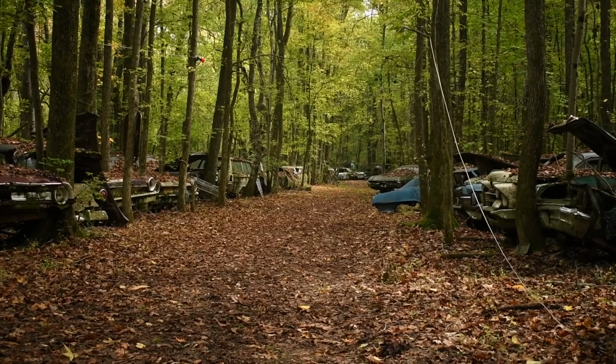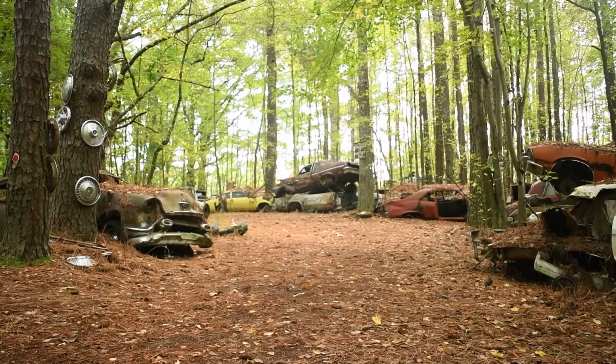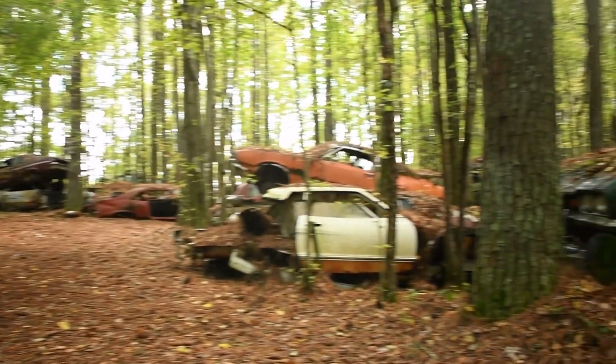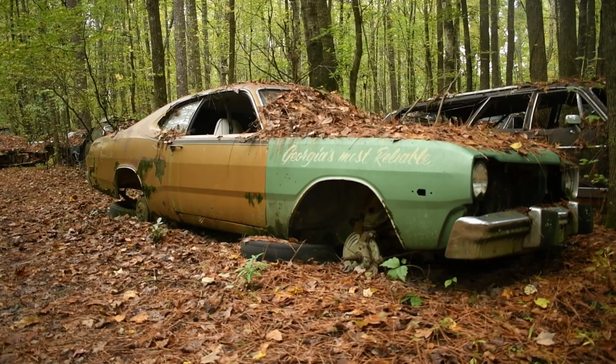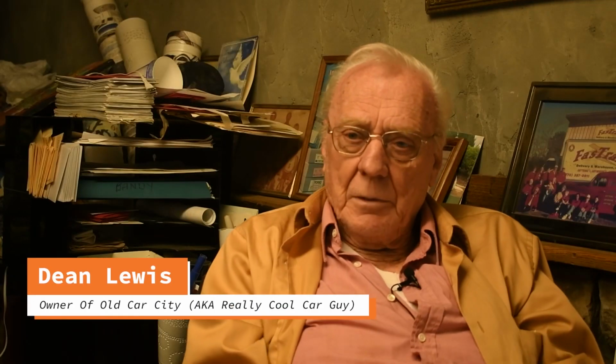Well, it's an old junkyard since 1931. My mother and daddy started it then, and several years later down the road, they quit selling the parts and started doing their store. And then in the 70s, I came in here and reopened it and sold parts for a lot of years. And then probably 10 or 12 years ago, we quit selling parts and started promoting